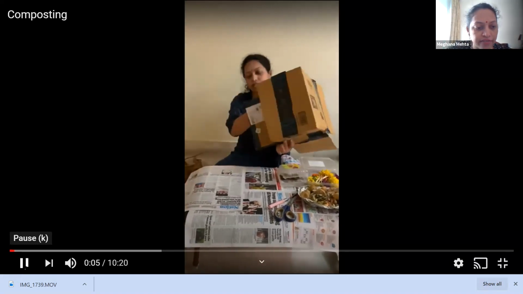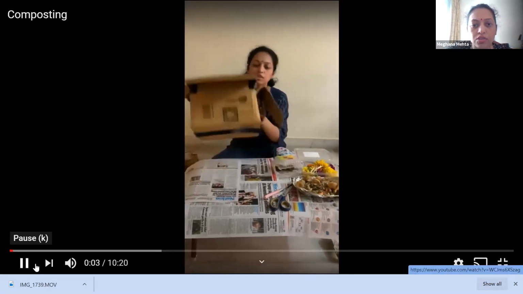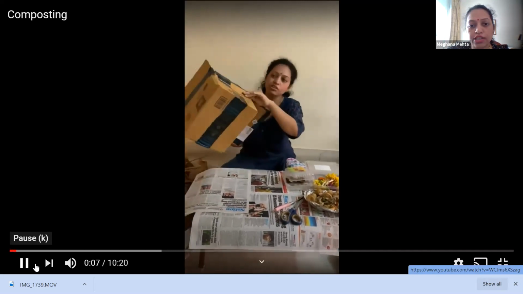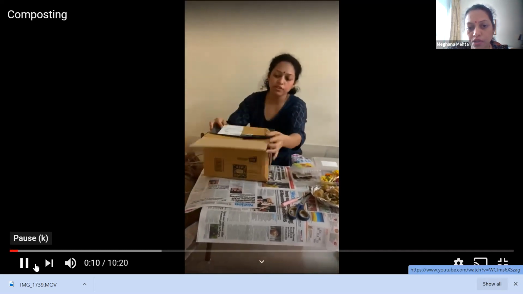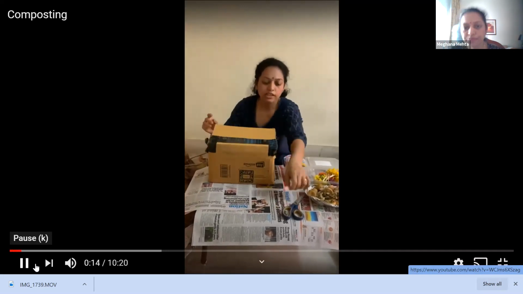Okay, so now this is a live demo. So this is an Amazon parcel box. Generally we receive parcels in these, and I'm going to use this for compost.